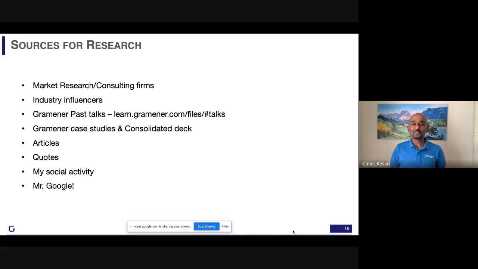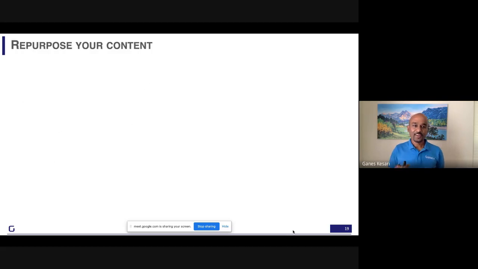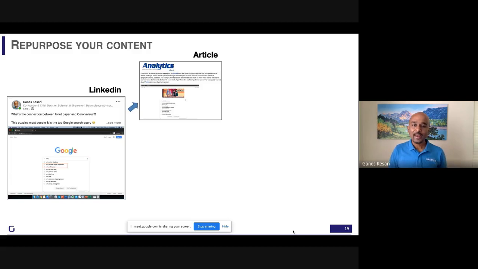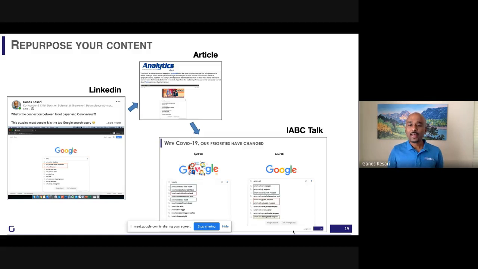So, an example of social activity and repurposing. This is something I posted on LinkedIn in the early stages of COVID: the puzzling connection between toilet paper and COVID. I shared the snippet by looking at the Google search trends. And in an article I wrote after that, I reused this and talked about how open data is powerful and you can use Google search trends. And in my IABC talk, I had also captured some of these